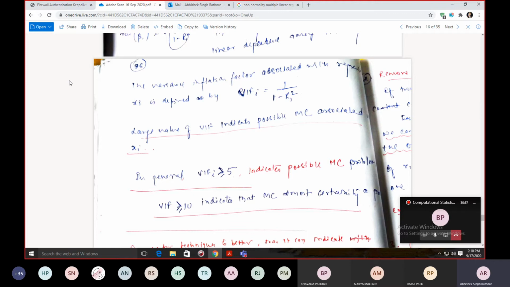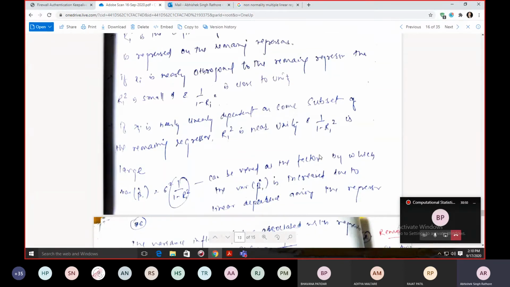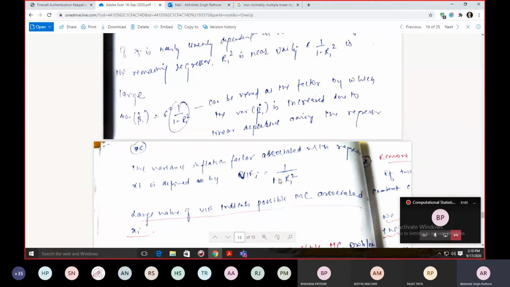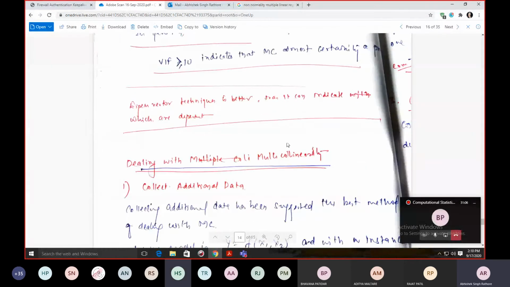So either you can go for matrix decomposition into eigenvectors and eigenvalues, or you can go for the correlation matrix and calculate the correlation coefficient ri square, and check each xi against your different data. If the variance inflation factor is high for a particular xi, it means that it is linearly dependent on other data, or if it is less than 5 and so on. Again, any questions till now?